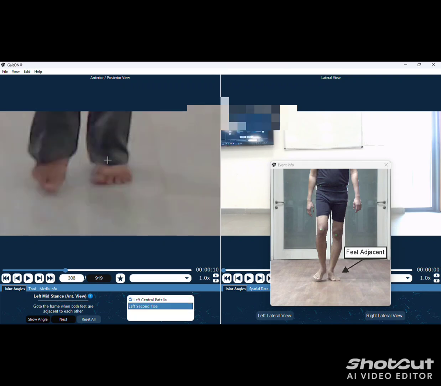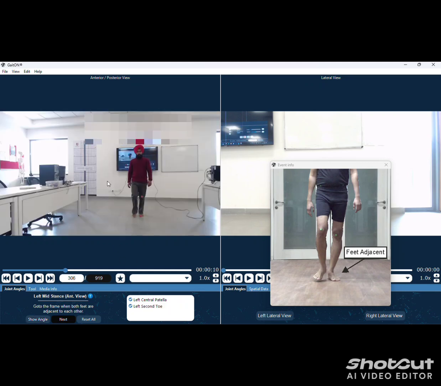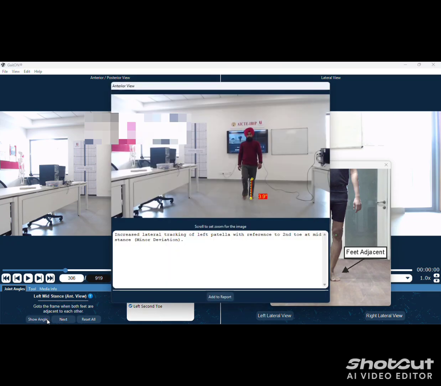Click on the pointer, left center patella and left second toe. Click on both markers. This one, and then go to show angle. And here you can see the output result.